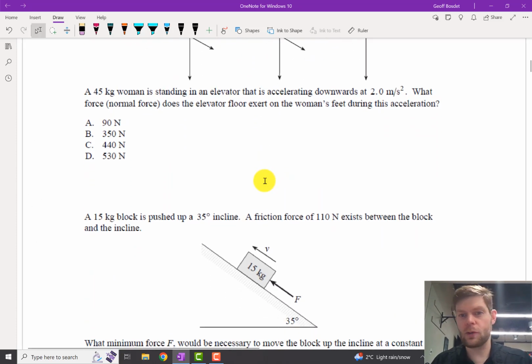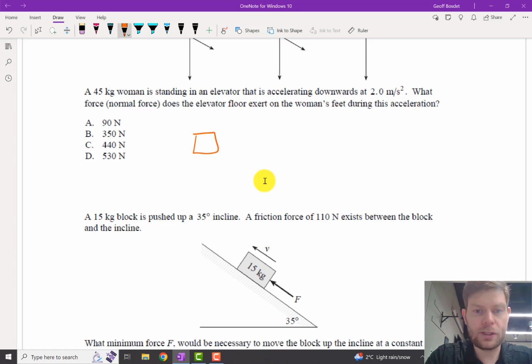Okay. Elevator question, just like stuff we've done before. So we want to know the normal force if she's accelerating downward at 2 meters per second squared. If we draw a little free body diagram on this woman in the elevator, she's got gravity down, she's got normal force up, and big minus small equals ma. I know down is the big force because she's accelerating down, so down force must be winning. So I'll do a big minus small